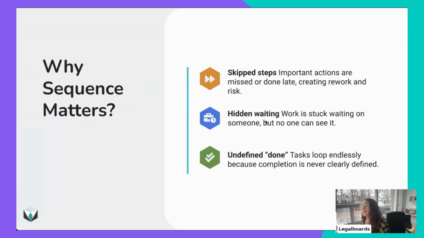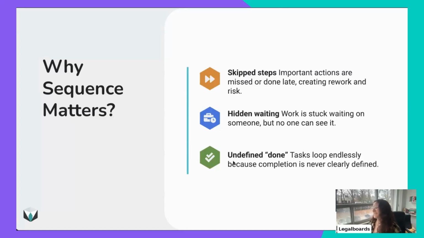The other is hiding waitings. When part of the work you are waiting for something, but the other part you are not, and in the end you don't even know what is waiting or not. So when you have all of those steps clear, you can really point out, okay, this is what I am waiting for. I am waiting right now for the financial statements, but the information about the kids, I have that, so I can go over this. So this is the cost of hiding waitings.